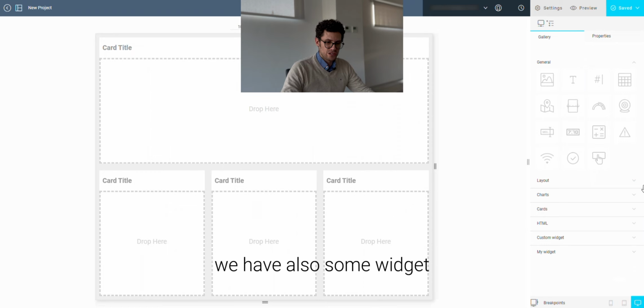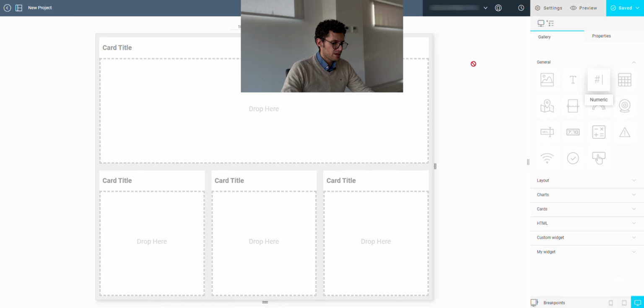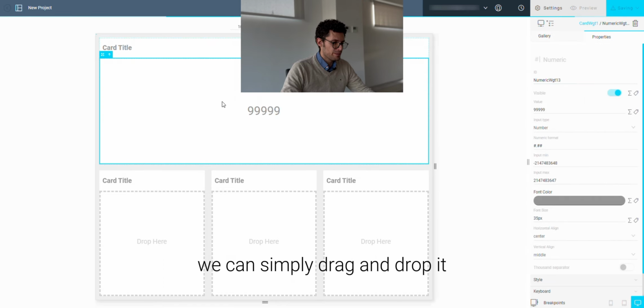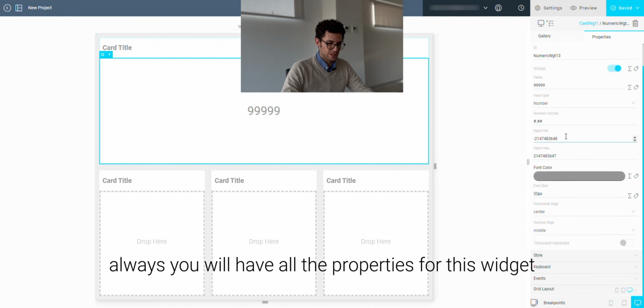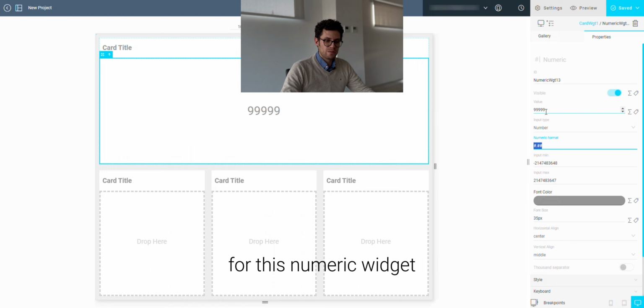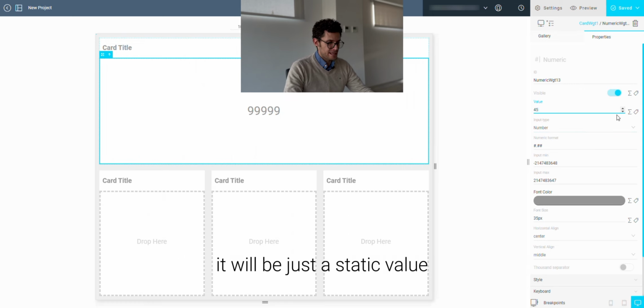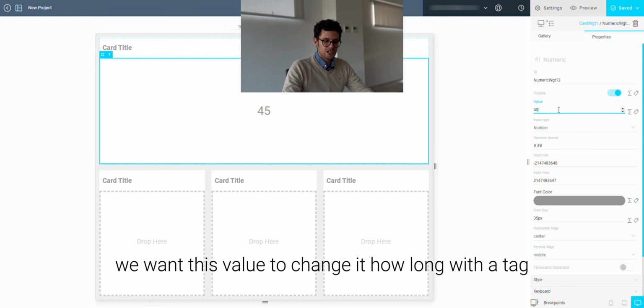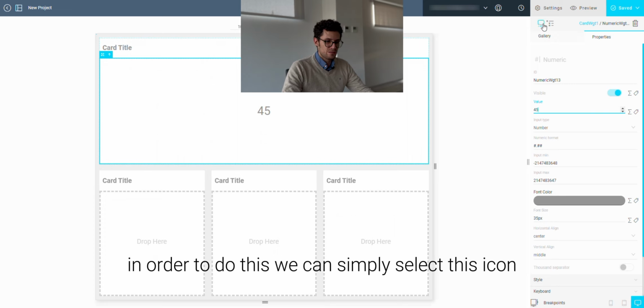We have all sorts of widgets. For example, we have a numeric widget. You can see, drag and drop. And once you do it, on the right side you will always have all the properties for this widget. For this numeric widget, we can set a value. But if we set a value this way, it will be just a static value. We want this value to change along with a tag. In order to do this, we can simply select this icon